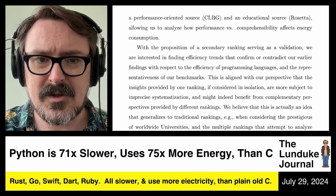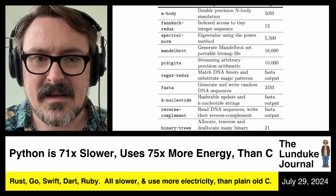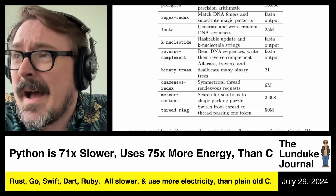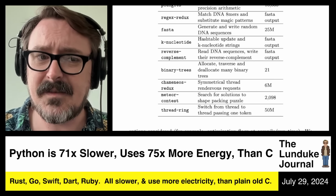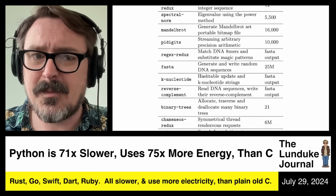Of the various benchmarks, right? They've got a Mandelbrot set, an N-body, do double precision N-body simulation, generate and write random DNA sequences, allocate and traverse and deallocate 21 binary trees. Like, they have a number of these different things that, by and large, most programming languages are capable of and are going to be doing sometimes, right? They all kind of exercise each of these individual languages in slightly different ways. So having a nice diverse set of these different benchmark functions should give a nice, well-rounded impression of how fast